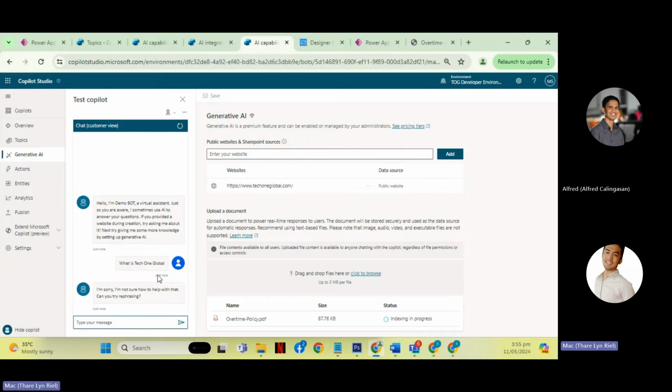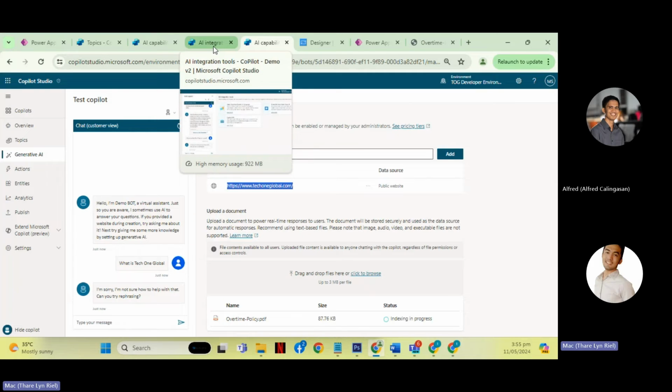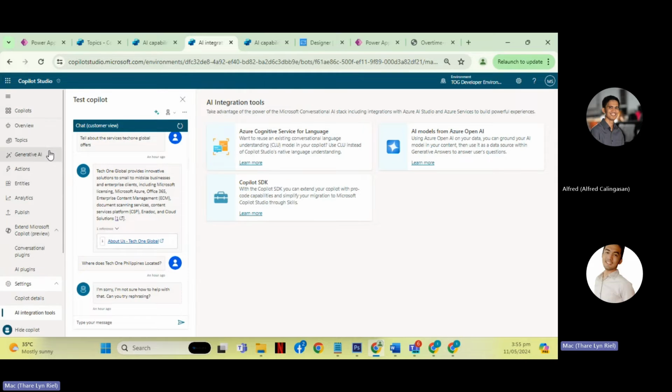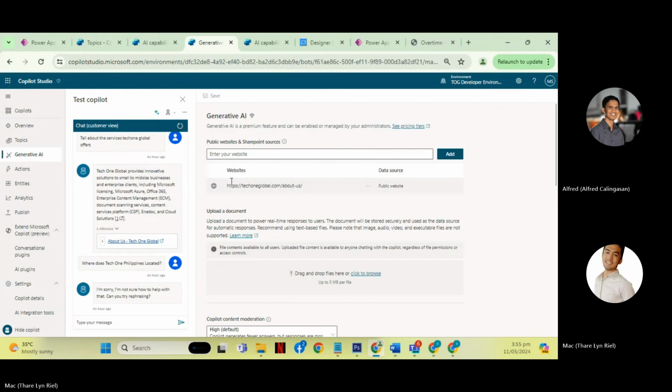Okay, the Copilot is still understanding. As I mentioned, it will probably take a few minutes for the Copilot to understand that website. But I do have one created here, where I put the Tech1 Global About Us as the data source.